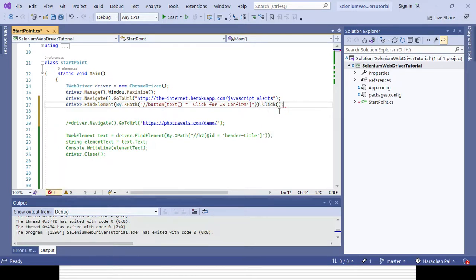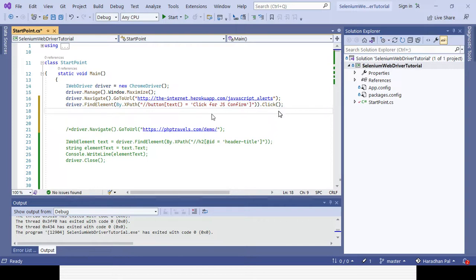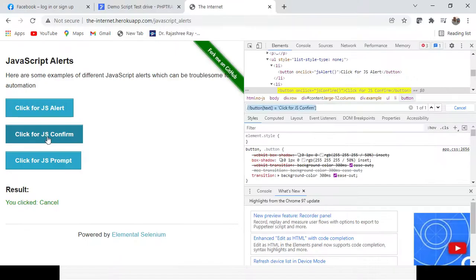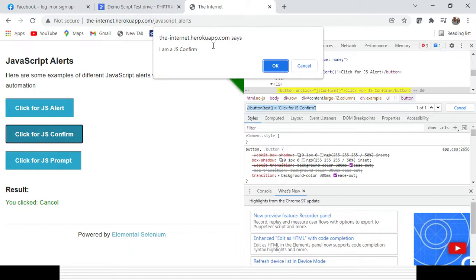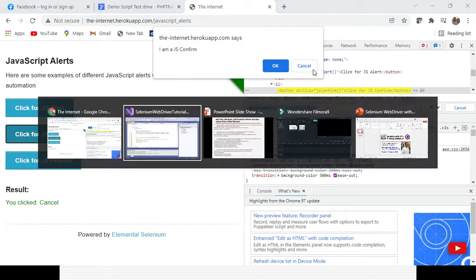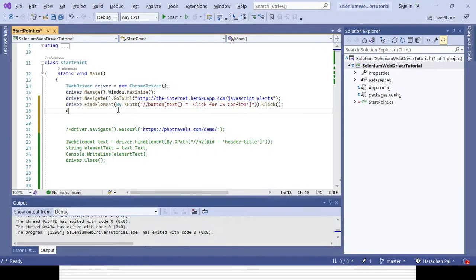So what happens is that immediately after clicking on the element, click for JS confirm, the alert will be there, but I need to get the text of the alert. Then how will I get the text? So you need to use the alert interface to navigate to that alert, and then you can get the text, right? So how can I go to the alert? You need to use driver.switchTo method. Here the switchTo method is available, right? Switch to,